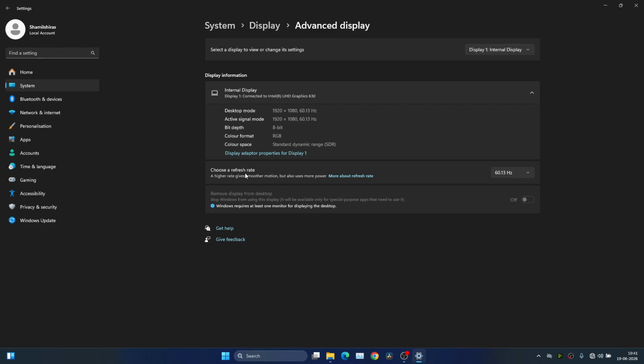Okay, then you can see another option here, Choose a refresh rate. Click the drop-down arrow. Then you can see there are multiple refresh rates. One is 48 hertz and the second one is 60.13 hertz. So in this way you can simply change your refresh rate, and modern computers have more than 60, that means